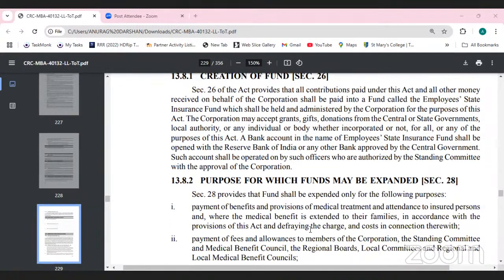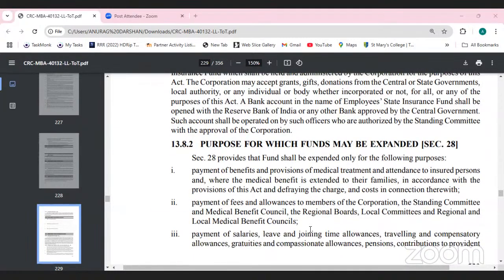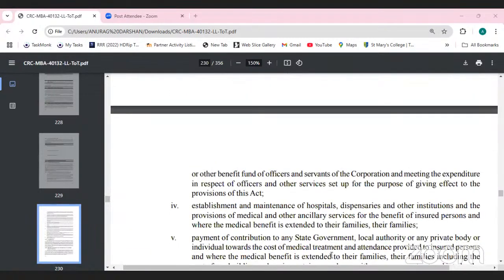Now, the purposes for which this fund may be expended are the payment of the benefits and the provision of medical treatment and attendance to the insured persons. It can be the payment of fees and allowances to the members of the corporation, the standing committee, the medical benefit council, the regional boards, local committees, and regional and local medical benefit councils. And it can also cover the payment of salaries, leave, joining time allowances, traveling and compensatory allowances, gratuities, and compassionate allowances, pensions, contributions to the provident fund or other benefits, establishment and maintenance of hospitals, dispensaries, and other institutions,